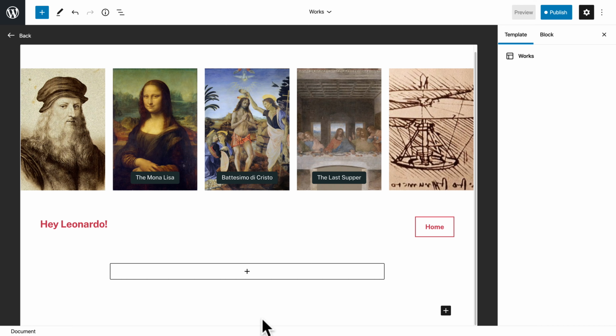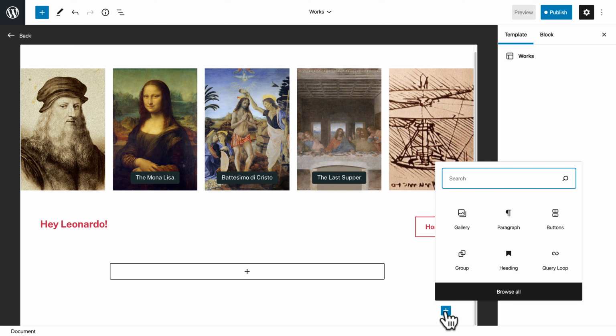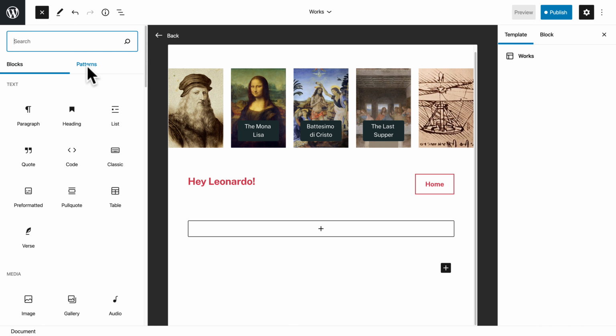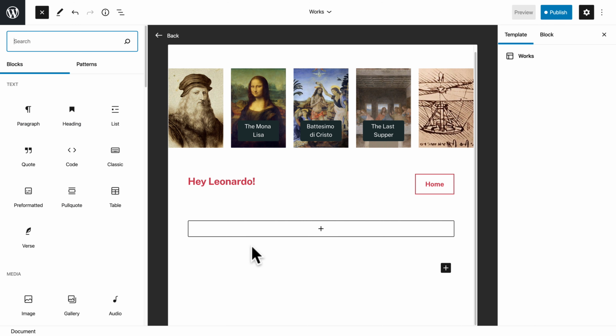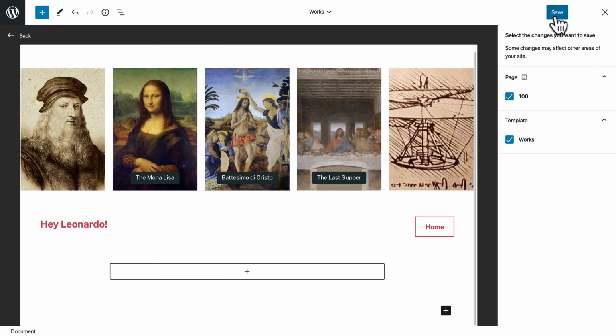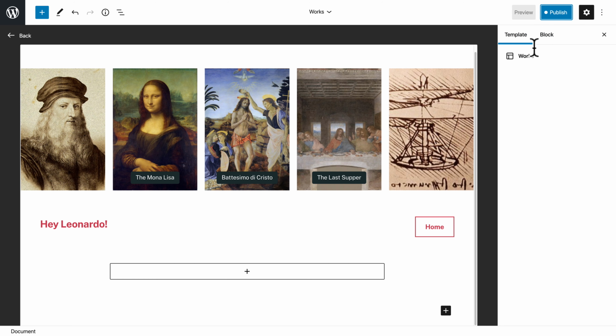works template. Maybe we want to add something else here. So we have some block patterns, but one thing that perhaps we should have done was create a reusable block out of the see his early works. So why don't we go ahead and do that now? I'm just going to click publish on this. We haven't given this page a title. That's okay because it's a template. We'll click save